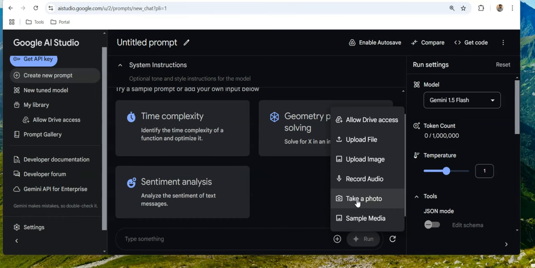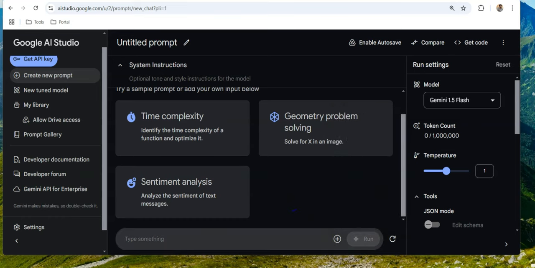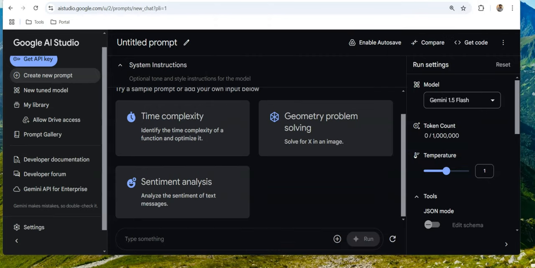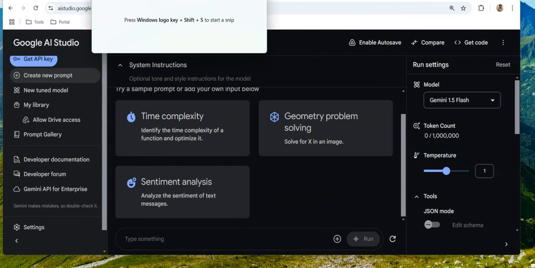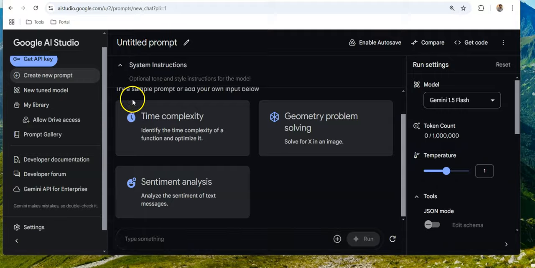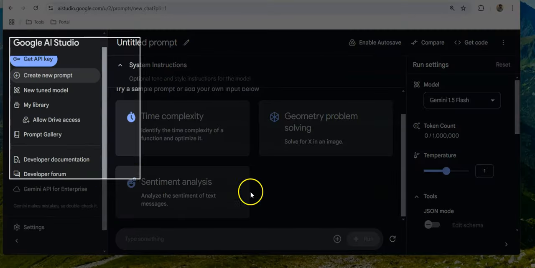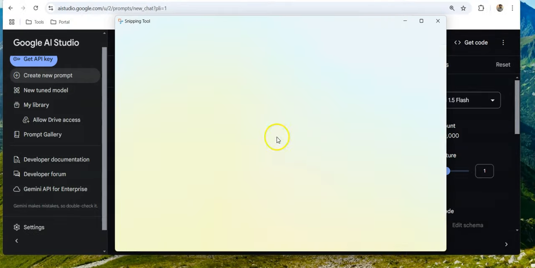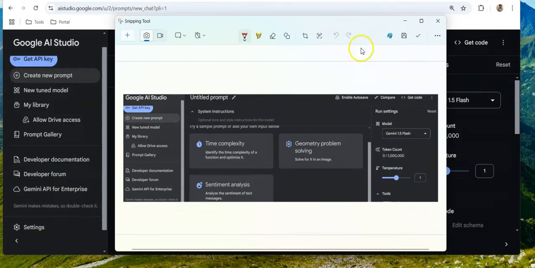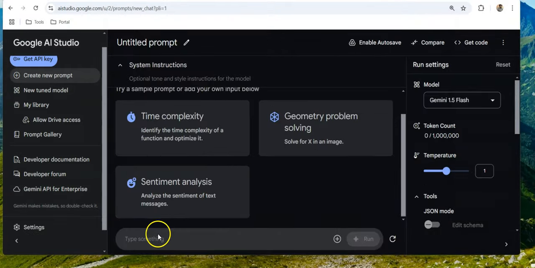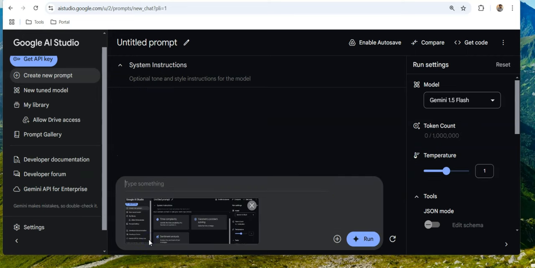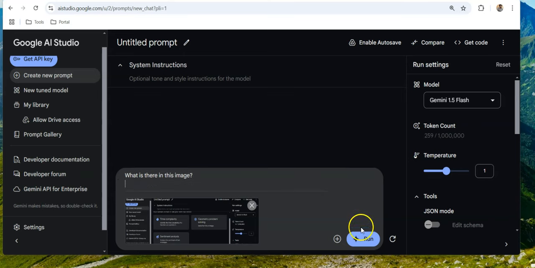So what I would like to do is I would like to quickly take a screenshot. Let me take a screenshot. Okay, and let me show you how this looks like, and I'll take the screenshot of this particular page only, and I'll copy it and I'll try to upload it here. Let me first of all paste it. So yeah, I have pasted it. Now what I can do is ask, what is there in this image? So I can do image analysis using this, and if I hit run,